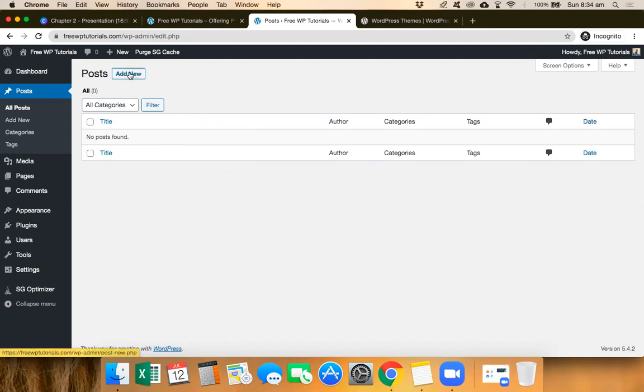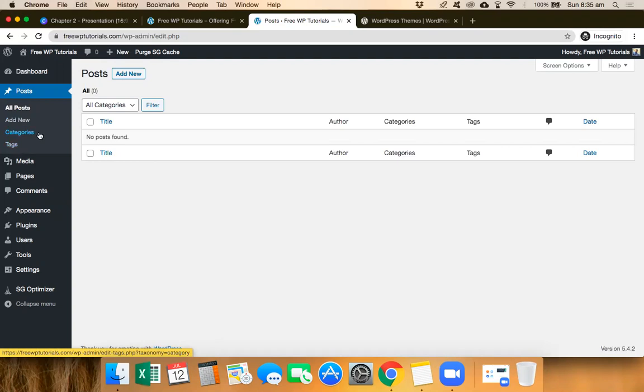So how do you add a new post? You can go ahead and click add new over here, or even the same add new. Also on top, you have the plus icon. You can click on post. So any of these you can click on and add a new post. Now, before we go ahead and add a new post, I would like to draw your attention to this particular tab called categories. Now, categories and tags are very important for your blog post.